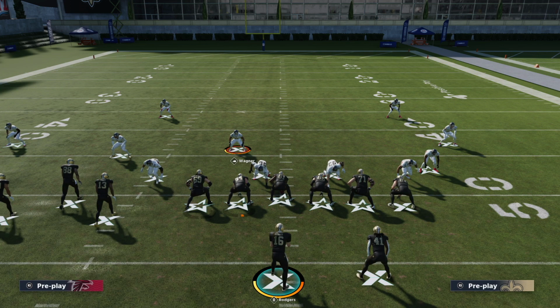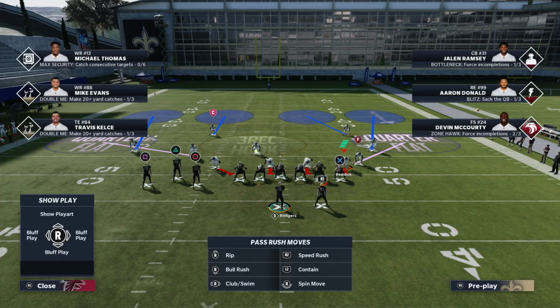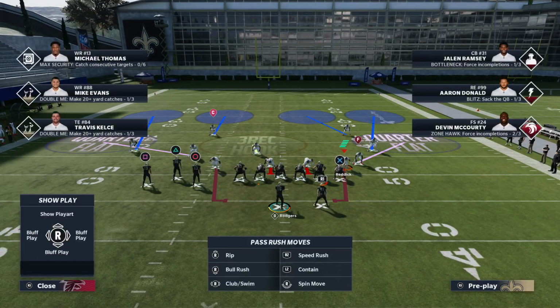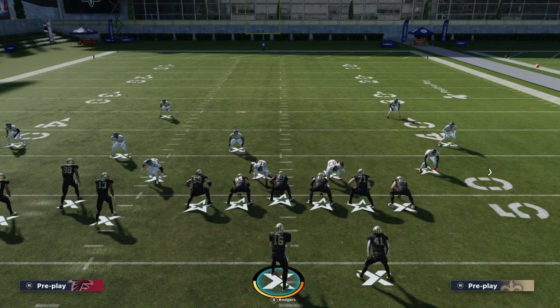This formation in particular, dime 2-3-6, is one of the only ones in the game, I think, that allows you to move your edge defenders, or your defensive ends, which are actually outside linebackers in this case, without them moving back. So what I'm going to do is contain, right? Just like this, it's not good. But if I kick him way out wide, somewhere ridiculous over here,